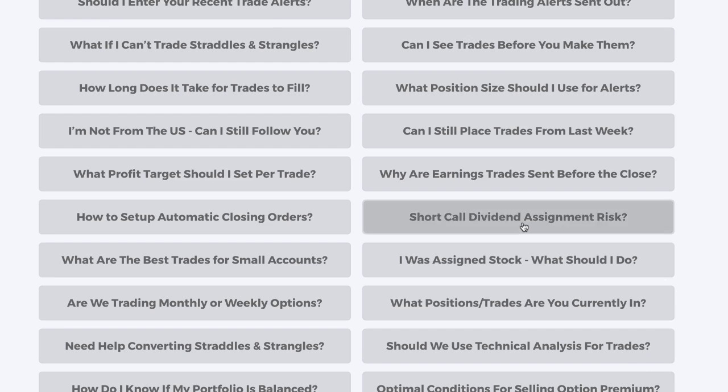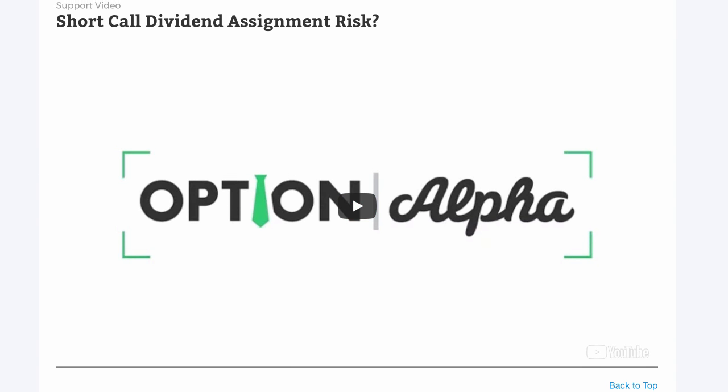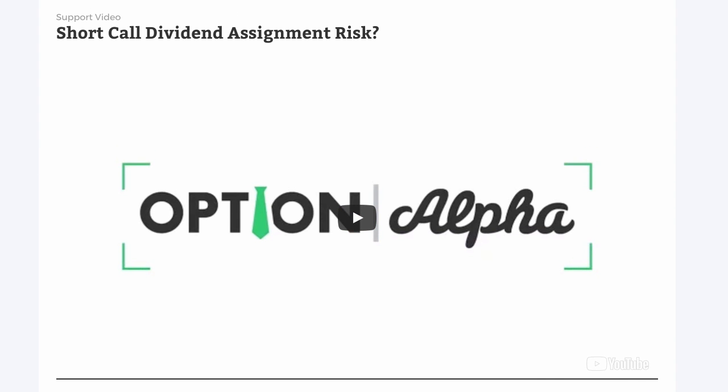It goes through the exact mechanics of how to learn whether you are at risk of assignment or not. Now, a couple of people got a little bit confrontational with me, wanting a straight answer: Kirk, why don't you just give me the answer? Why don't you just tell me? And it would be easy for me to tell you. I could tell everyone, no, we're not at risk of assignment for XLV. No, we weren't at risk of assignment for XLF, right? But that doesn't help you in any way, shape, or form.